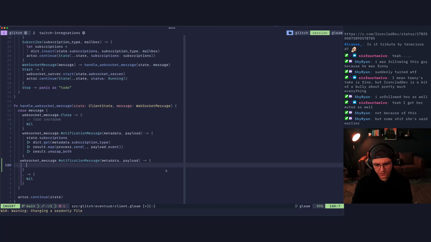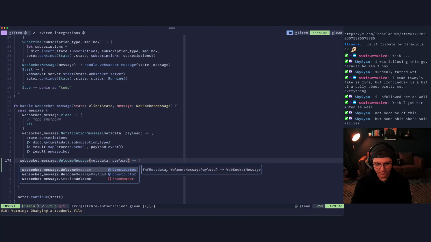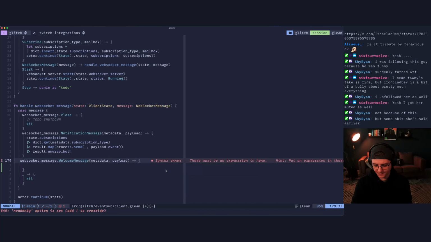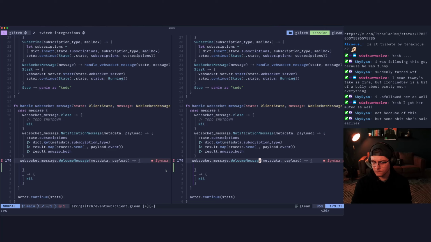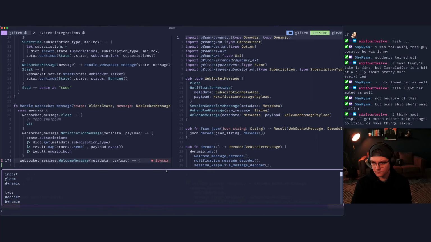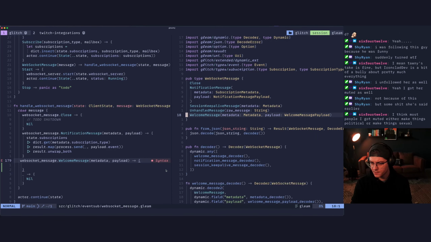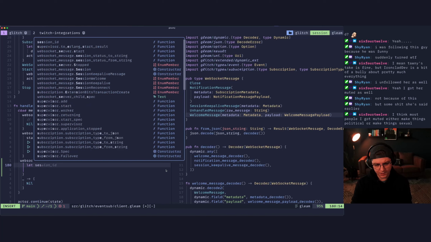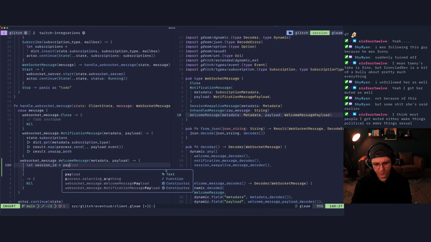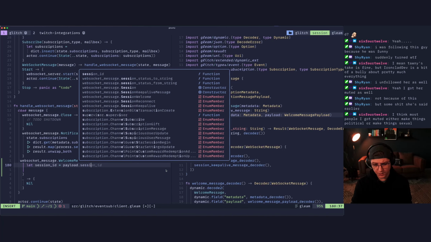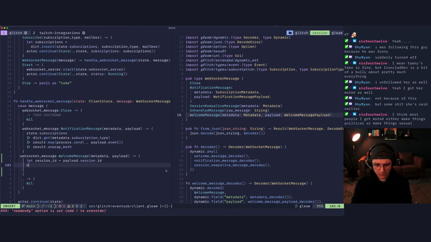So in here, when this is a welcome message, I forget the shape of this. We do this like once a week. You'd think I would remember this by now. So the welcome message payload. We want to get it from payload. So it's probably let session ID equals payload.session.id. And then we say